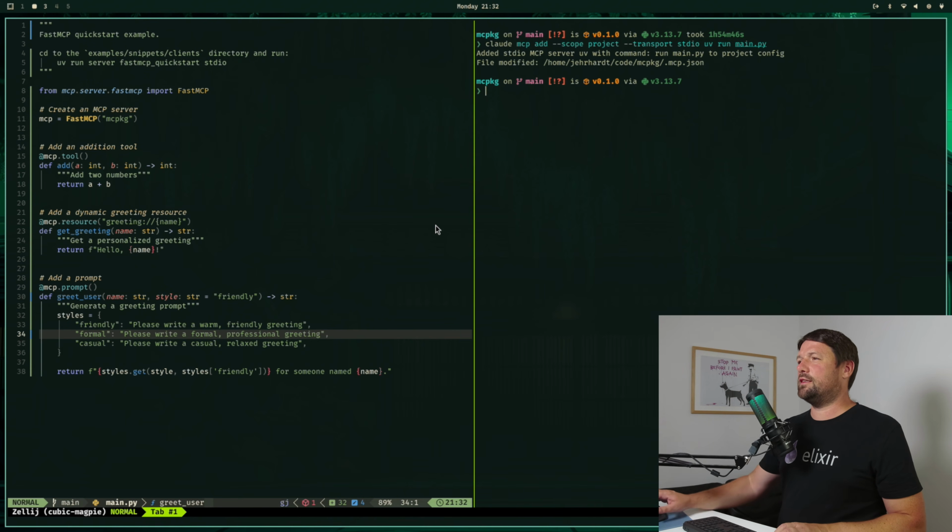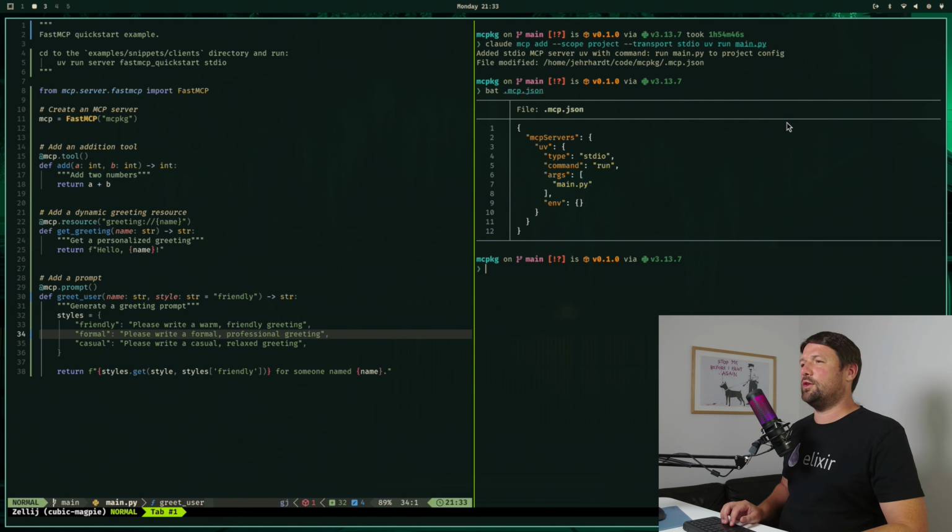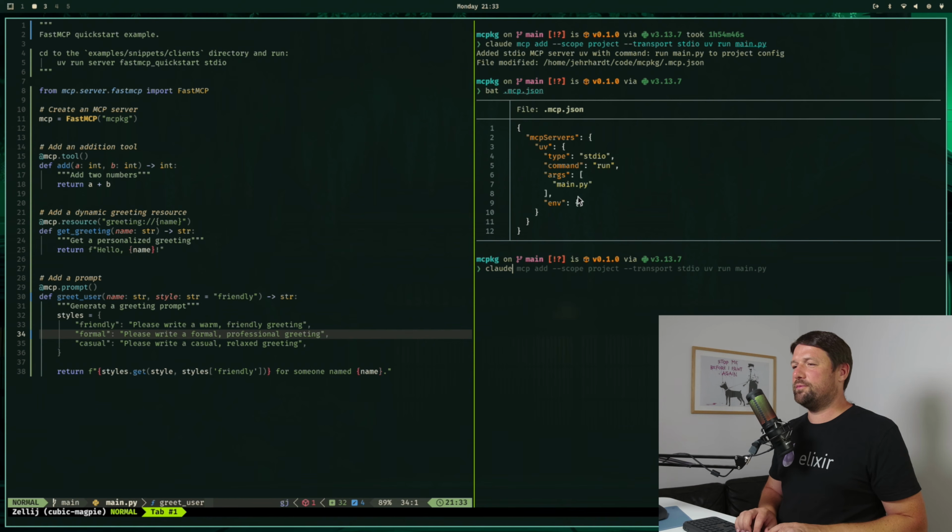As you can see here, it modified the .mcp.json file in this directory. If we look into that file, you see the MCP server is called uv, which is an ugly name, but works for now. It has a command, it has an argument, there is a type of transport and no environment variable, so this might be fine. Let's run Claude